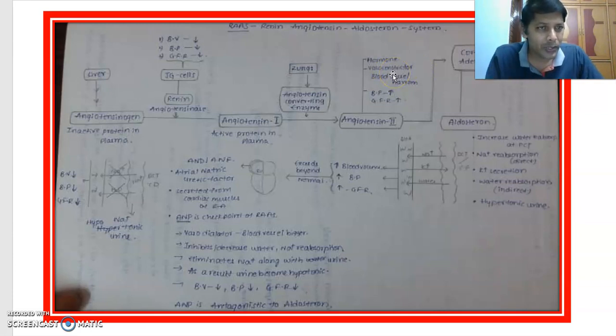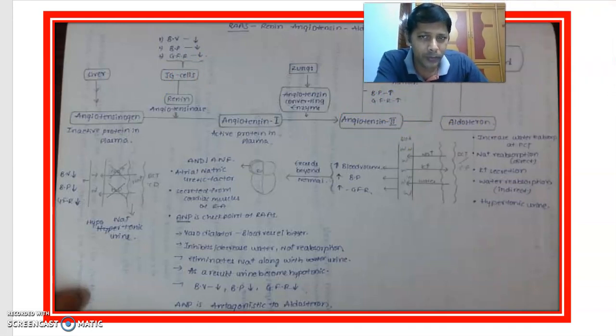Vasopressin, the ADH hormone we discussed in the previous part, is a vasoconstrictor, and angiotensin 2 is also a vasoconstrictor. The name itself explains it: angio means blood vessel, and it can cause the blood vessel to constrict. When vasoconstriction takes place, the blood vessel becomes narrow, its diameter decreases, and blood pressure and GFR increase. Blood pressure and GFR had decreased, and in response it is produced and increases BP as well as GFR.